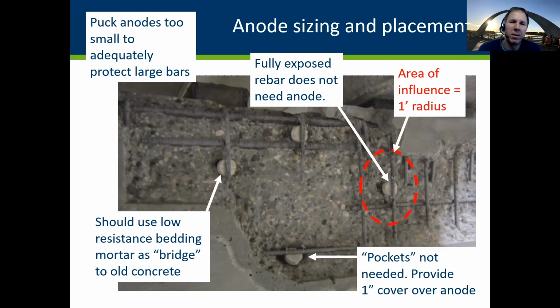Also note, a fully exposed rebar does not need an anode. What the anode does is it protects rebar that's still in a chloride environment. And when you've chipped all around the rebar, you've removed the chloride. So we find that there's lower concentrations of chloride in the native concrete because it hasn't corroded the rebar yet, but it will be a site of future corrosion. So we want to locate the anodes near the boundary where the steel goes into old concrete that's not removed.